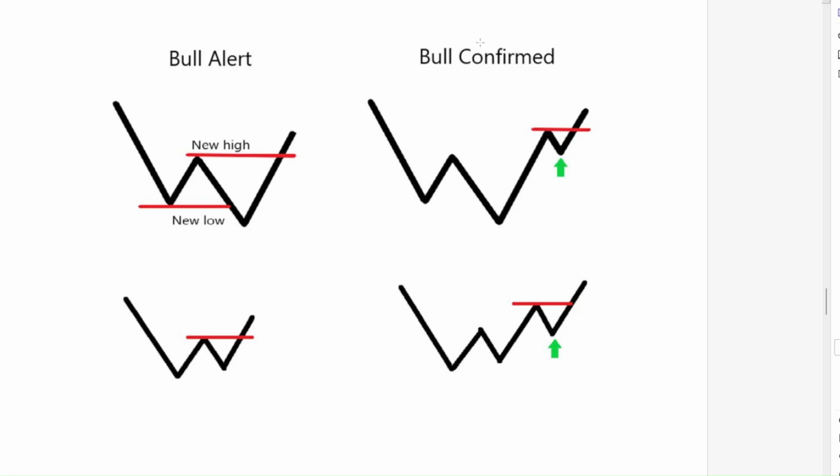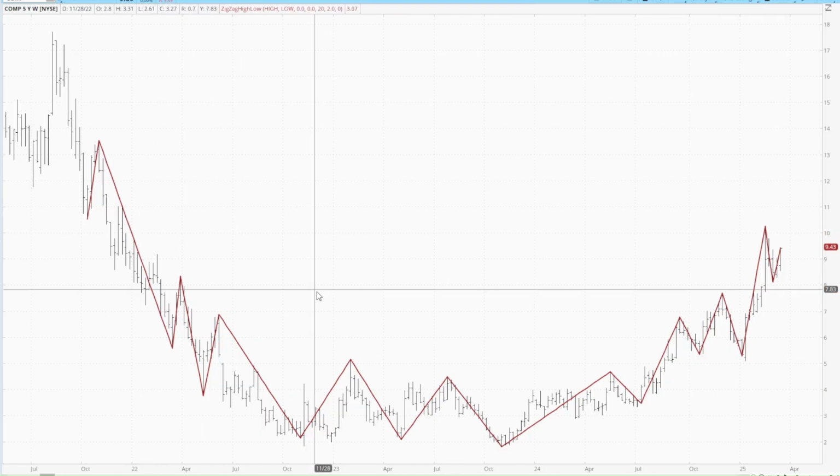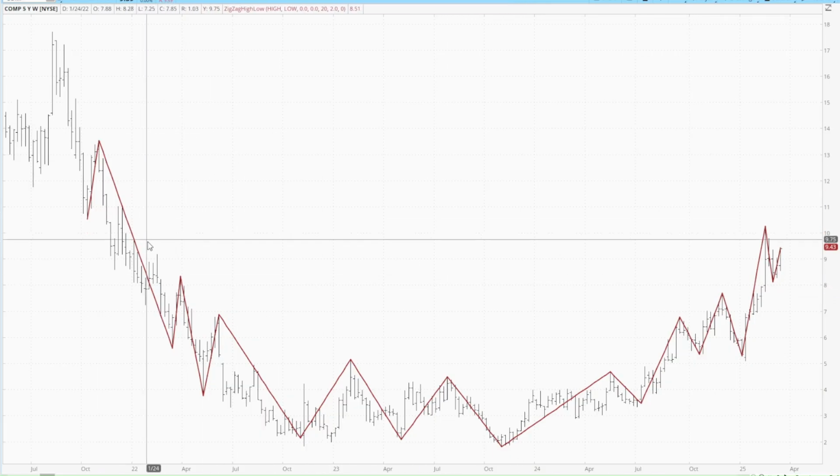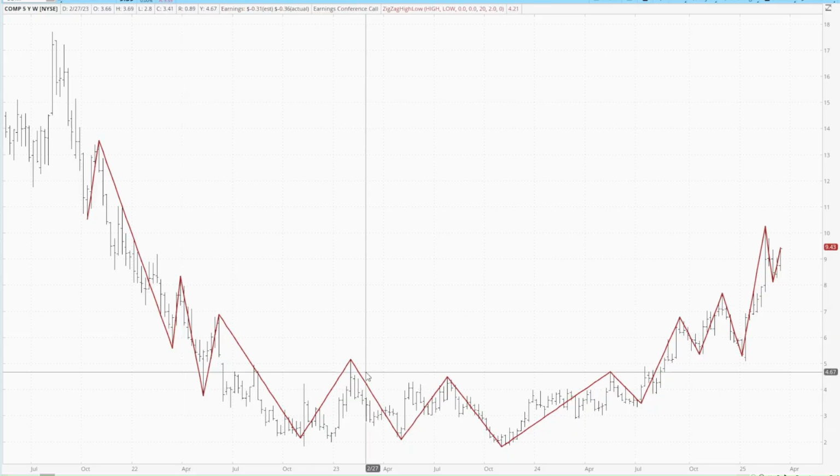Now, I do not suggest using this approach with just the pivot reversals. I would only use that with the swing chart. I'm going to show you an example. Now, most of the chart, I look at a lot of different zigzag charts. Now I'm using Thinkorswim for this, but the actual zigzag is similar to the one that I use